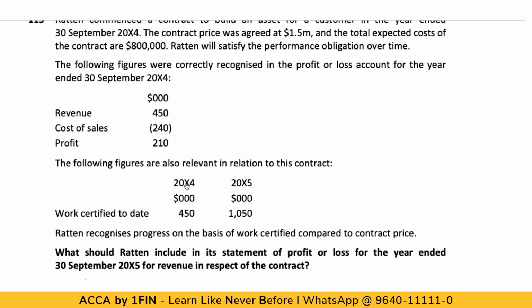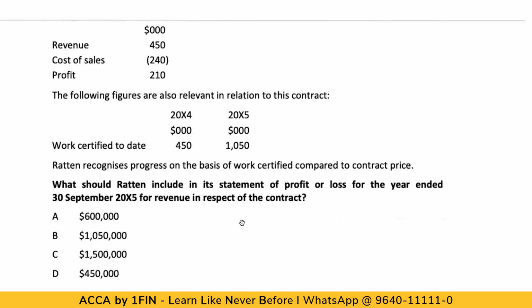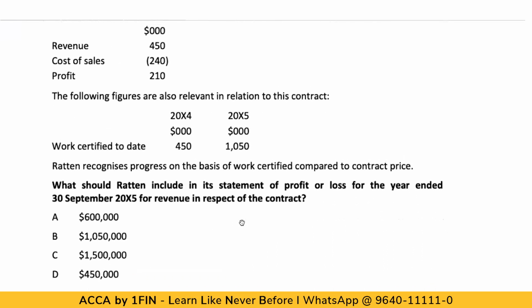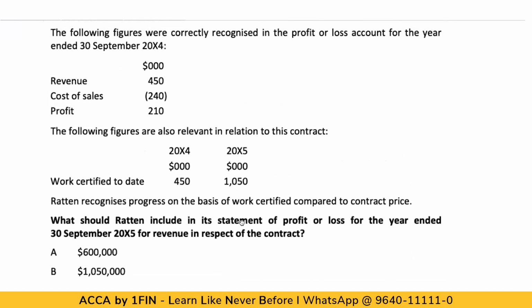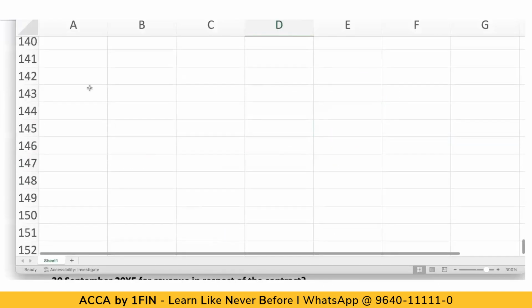Work certified till date in year 4 is 450. In year 5, work certified is 1050. Rattan recognizes progress on the basis of work certified compared to contract price. What should Rattan include in its statement of P&L for 30th September of year 5 as revenue in respect of the contract? Now, what you need to understand is, whenever there is a construction contract,